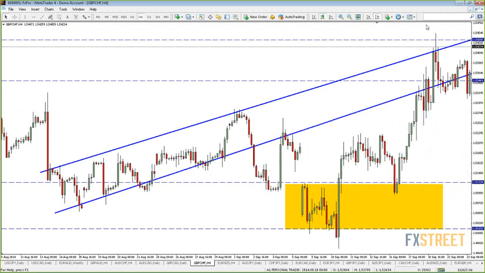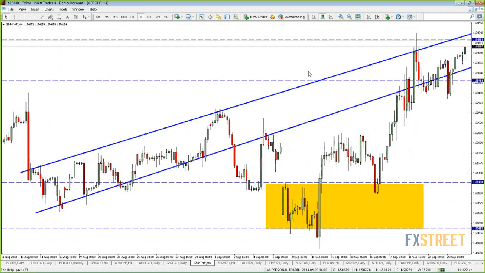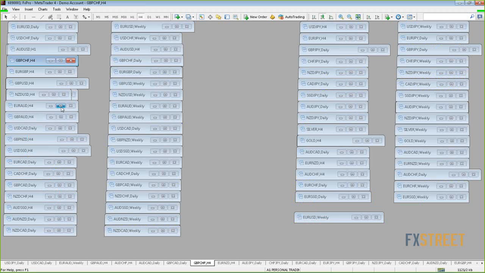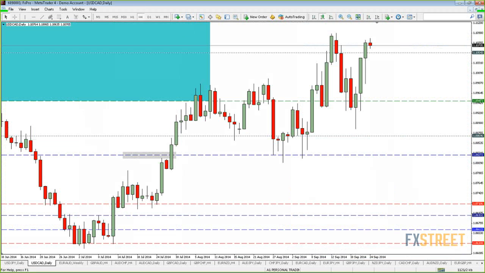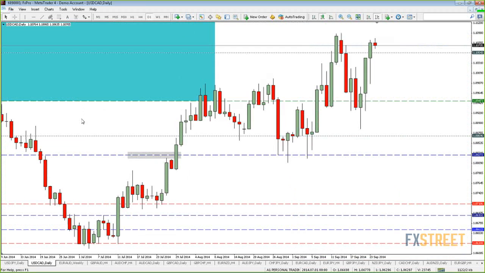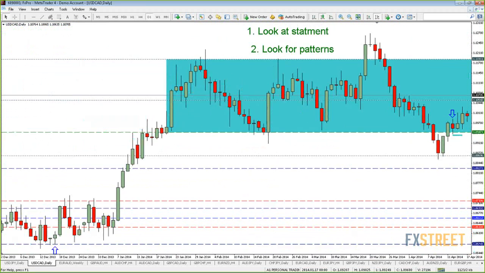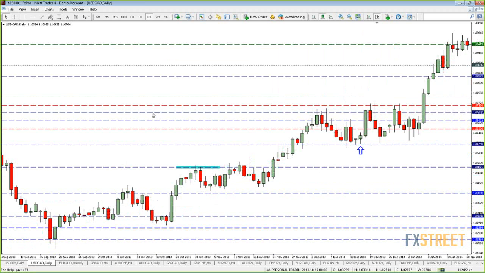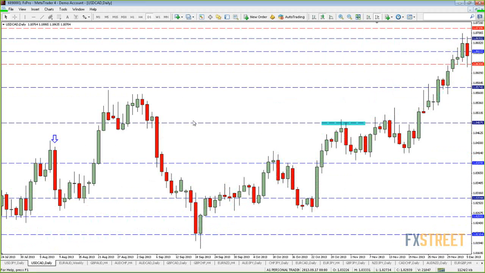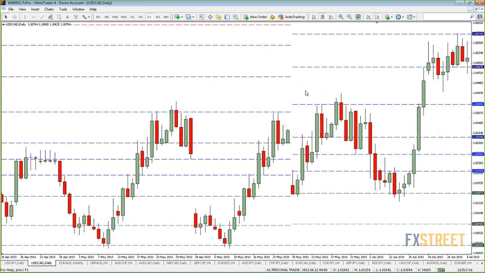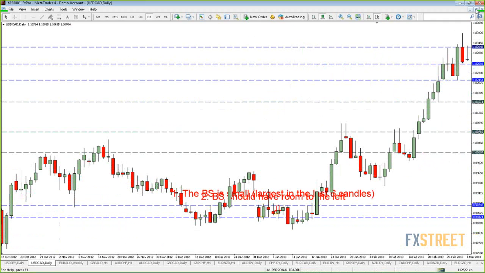Cool. So we talked about the... We've got one more that I want to talk about here, guys, and this is a special type of kangaroo tail. It's not like the ones that you're used to seeing. Let's see if we can find one. Essentially, what it is, it's a kangaroo tail off the edge of a pullback, and it hangs out beyond that pullback. It's got to be a strong trend, and once it happens,